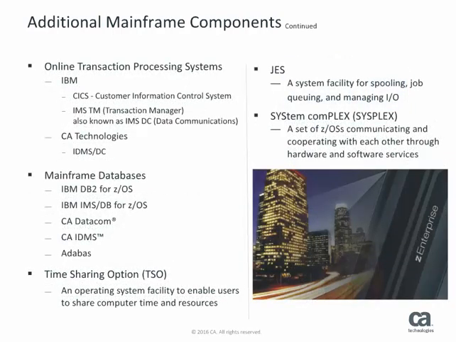The most common online transaction processing system is the IBM CICS. Among the most popular mainframe databases are DB2 and IMS from IBM, and CA Datacom and CA IDMS from CA Technologies. Sysplex stands for System Complex and is an instance of a computer system running on one or more physical computers. Sysplexes are often isolated to a single system, but parallel Sysplex technology enables multiple mainframes to act as one. Sysplexes are for z/OS operating systems only.